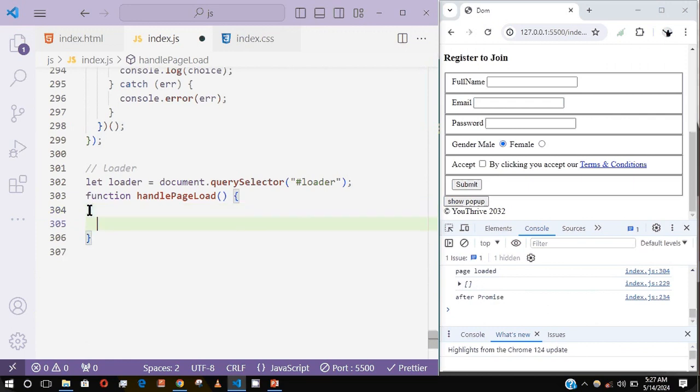Bring down the full small. So let's continue. What we want to do now is show the loader. So you are going to say